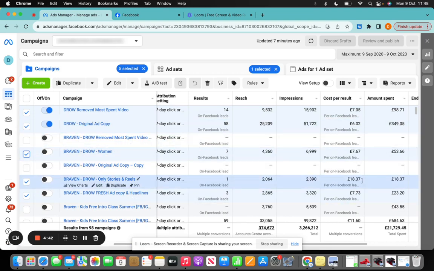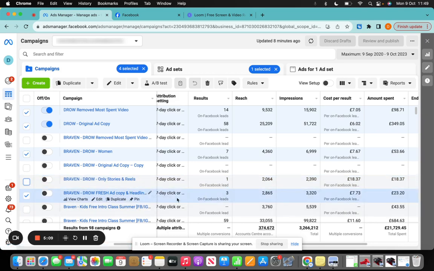So when we launched them, we noticed straight away that we had an outlier. So this one here was getting £18.37 a lead. The other ones were getting around between £5 and £7 per lead. So straight away, no point wasting budget for ages, we turn that campaign straight off. There's no point wasting the money on that one. It's not giving us the results that we want. So we didn't wait and say, oh, in a couple of weeks' time, maybe it'll get better or anything like that. We turned it off. We've got better performers that we can focus on. So that one was straight off.